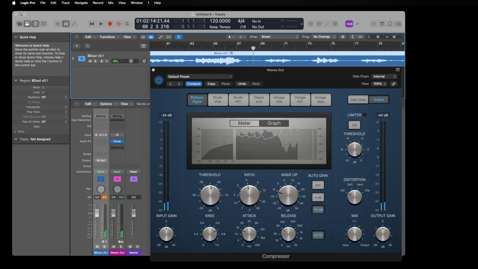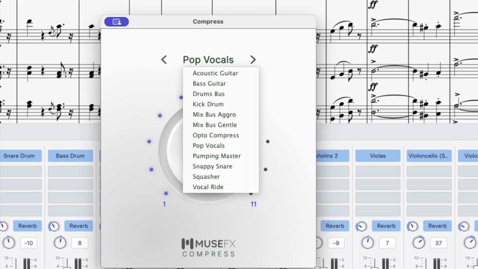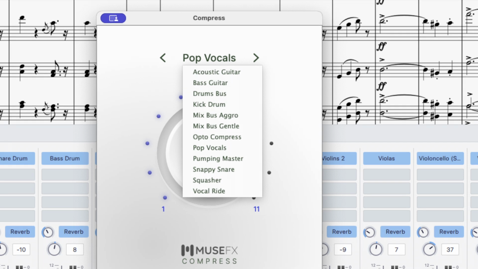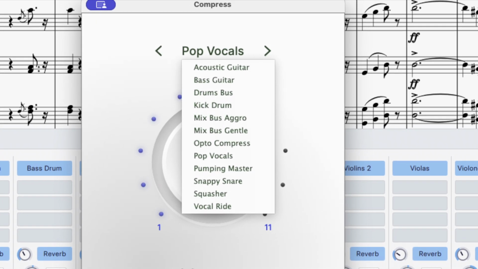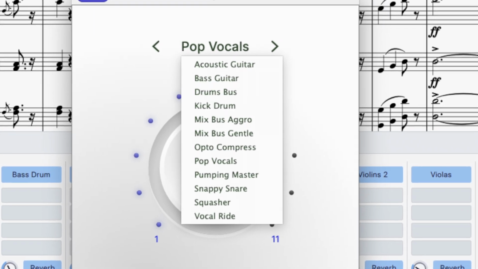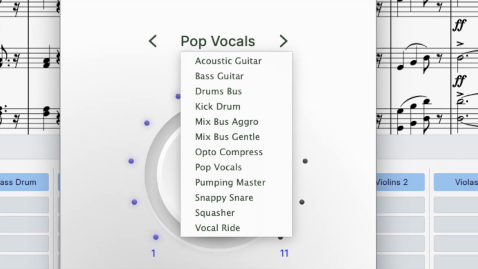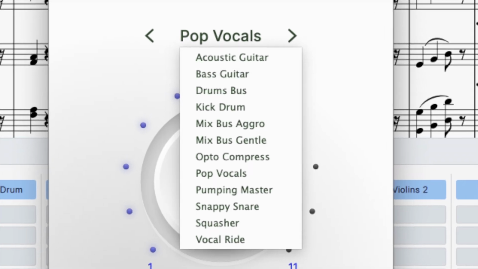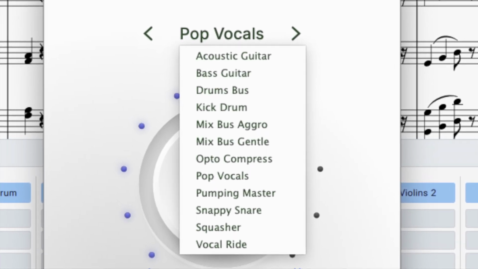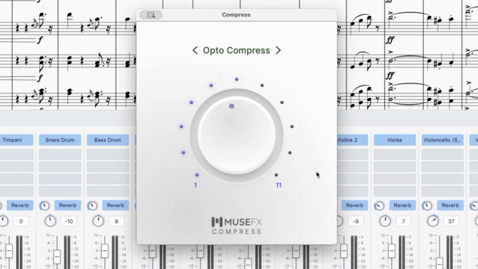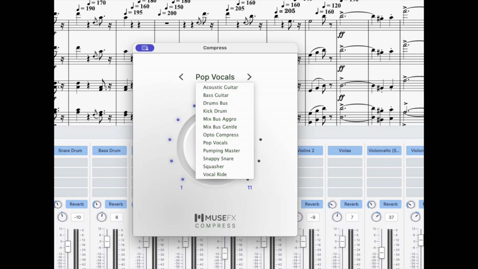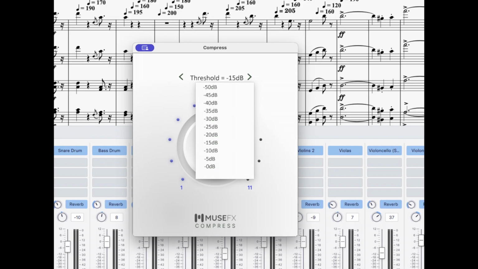This is quack medicine. Not just because half the diagnoses, the menu entries, are impenetrable, pumping master, vocal ride, but because the gamut of diagnoses is so limited. None of these labels help me decide which to use for my use case. And the medicine, what the magic knob actually does to address the needs of the diagnosis, is shrouded in voodoo mystery. Look, Muse, if you have to have this stupid interface with one knob, here's how to do it.